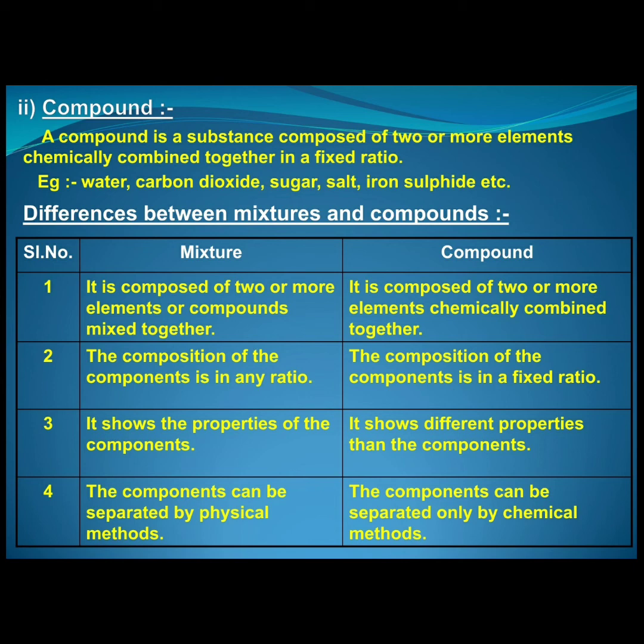Now the question is, since the very beginning of the chapter we are studying that two or more substances are mixed together and they form the mixture, and now we are studying that a compound is also something like that. In that also two things are mixed, but it is said pure. In order to find out whether the given substance is a mixture or a compound, means it is impure or pure, we must know the difference between mixture and the compounds.